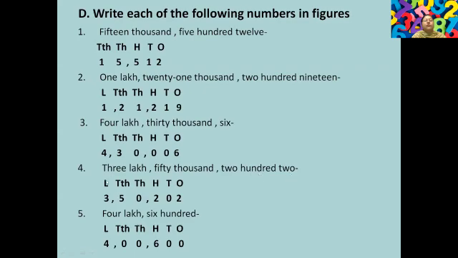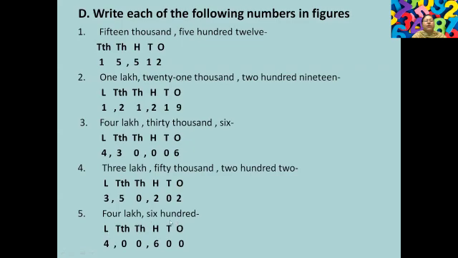3,50,202. So again, ones, tens, hundreds, 1,000, 10,000, lakh. 3 lakh, under lakh you put 3. 50,000, under 1,000 you put 50. 200, under 100, 2. And 2 at the end, nothing here, so you put a 0. The fifth question is